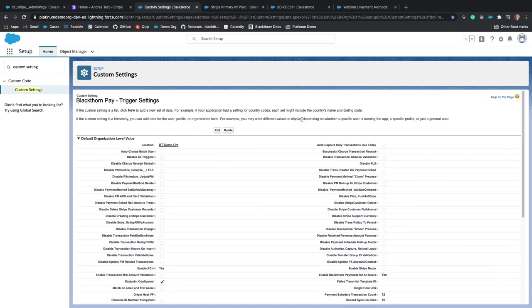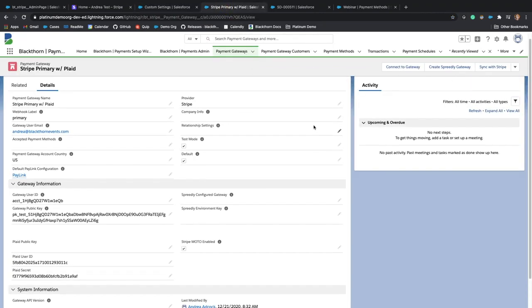There are a couple of other new fields that are related to, I'm sorry, not SCA, but MOTO in particular. One of them is on the payment gateway record. You probably will need to add this to your page layout, because by default we don't add these onto page layouts when you upgrade. The name of this field is Stripe MOTO enabled. So you need to make sure that you add this to the page layout and that it's checked